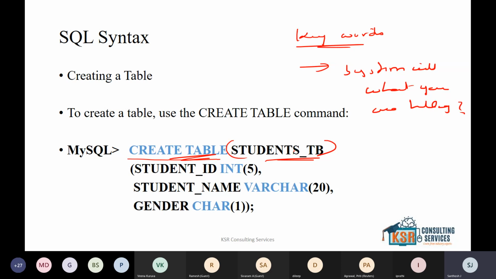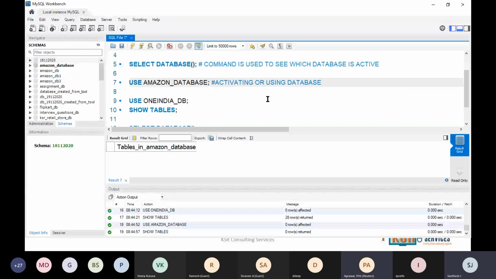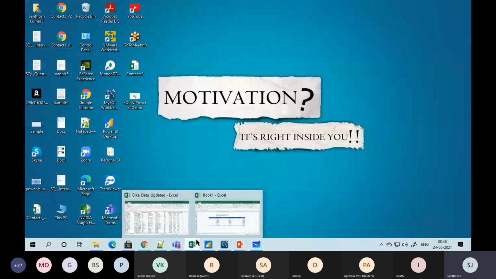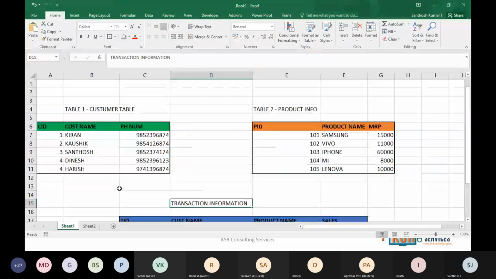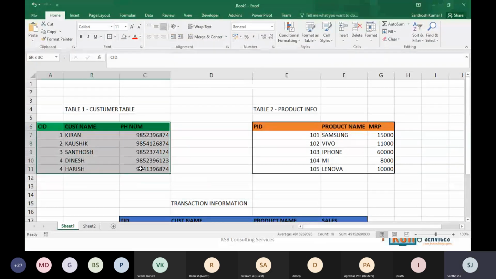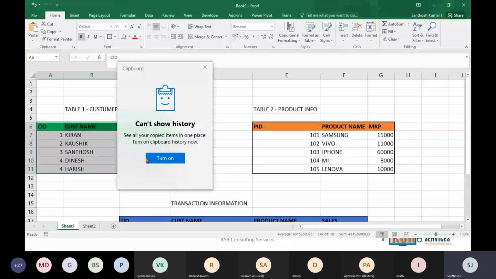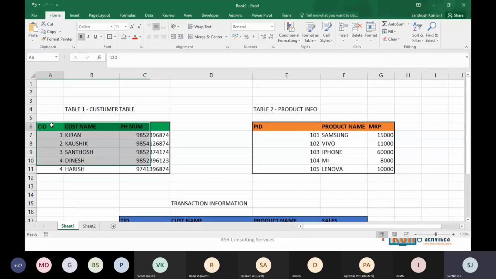Okay. Now I will go here. Now one thing I'm going to do is, first of all, this is my table. So in this table, the first thing which I'm going to do is,